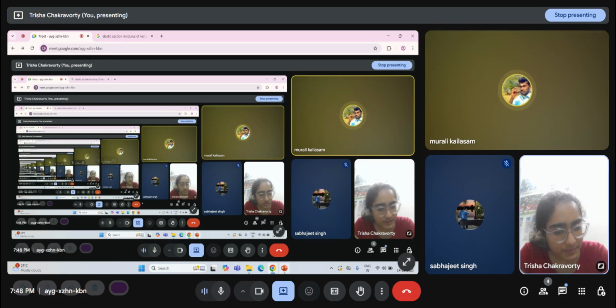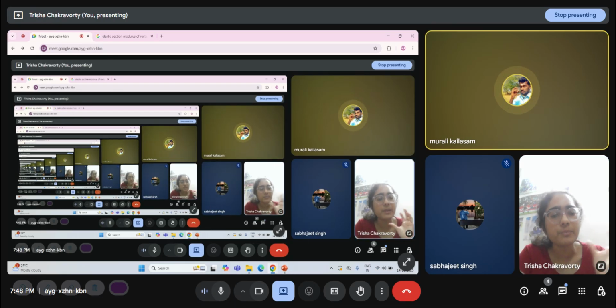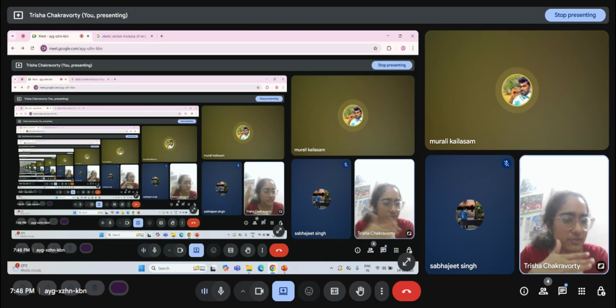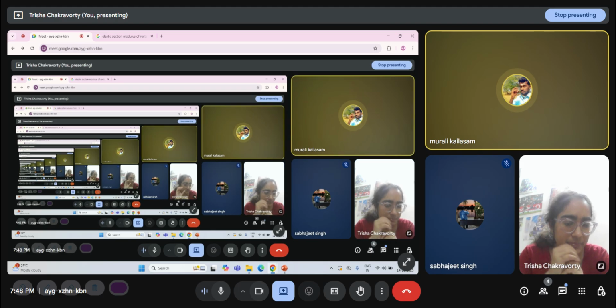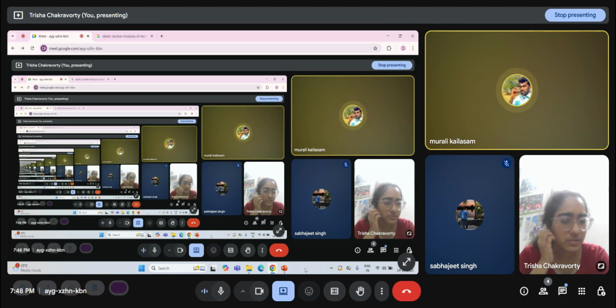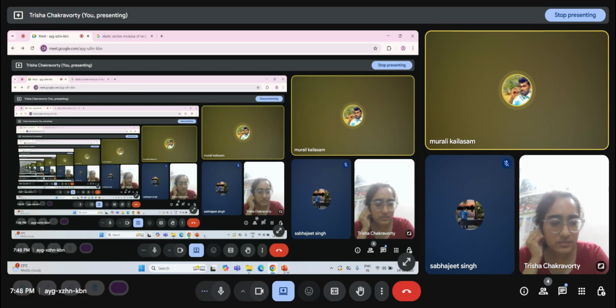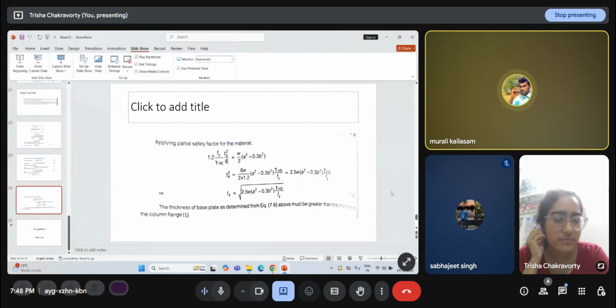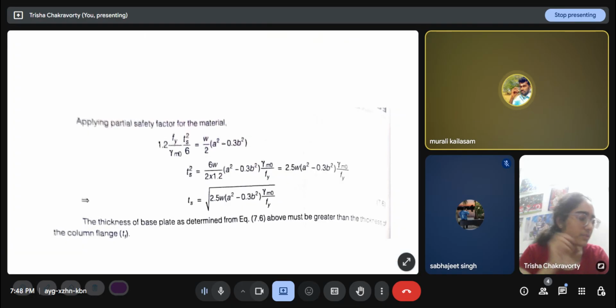I mean, the code sometimes puts approximations, some empirical approximations. Empirical means that it is not directly related to the physics or the mechanics. Instead, it is some values which have been observed from experiments and put. But this Ts square by 6 is a direct mechanics concept, so it should not change. If you have any source where it shows 5, you can show me. I can try to see what you are saying.